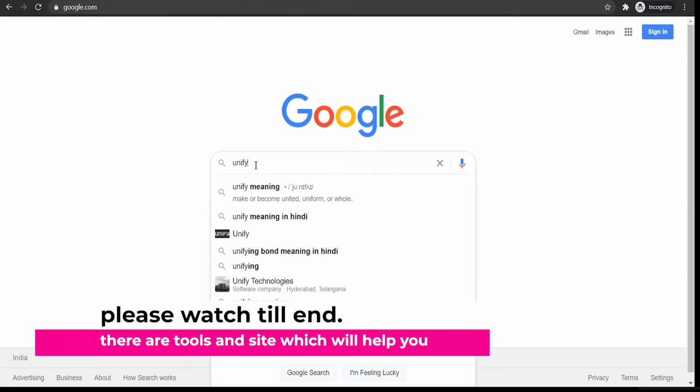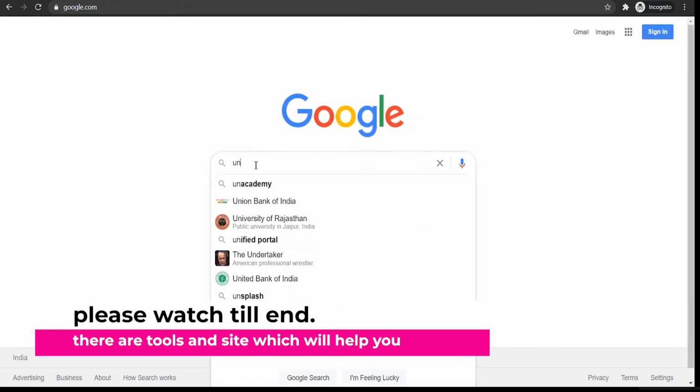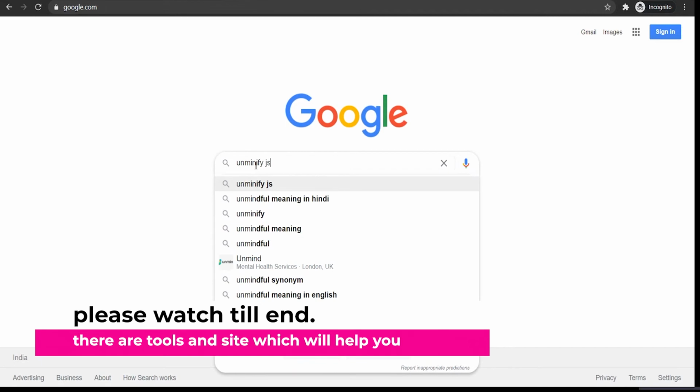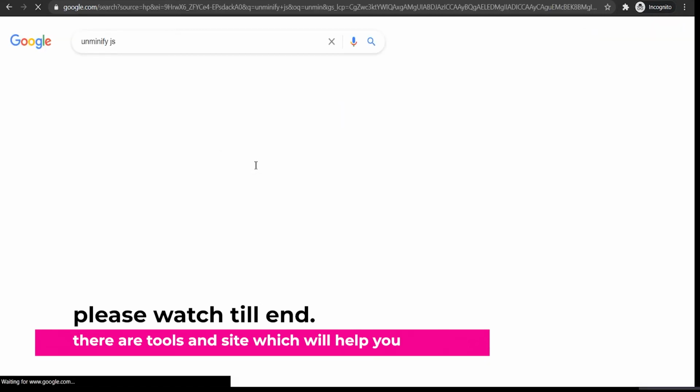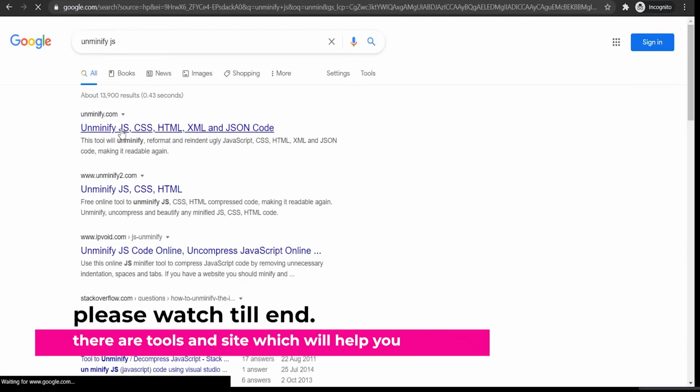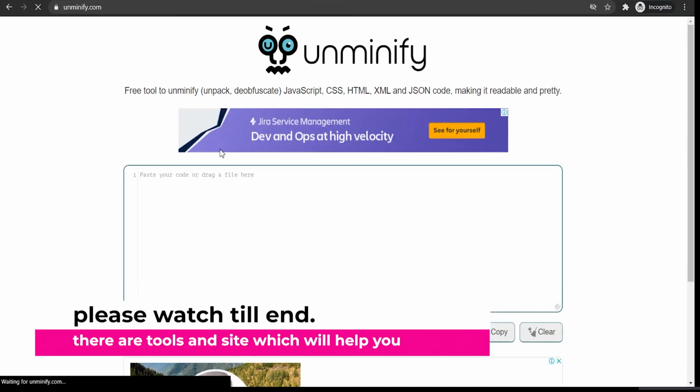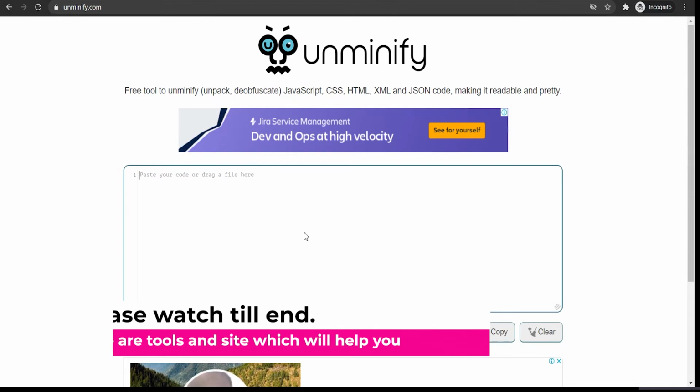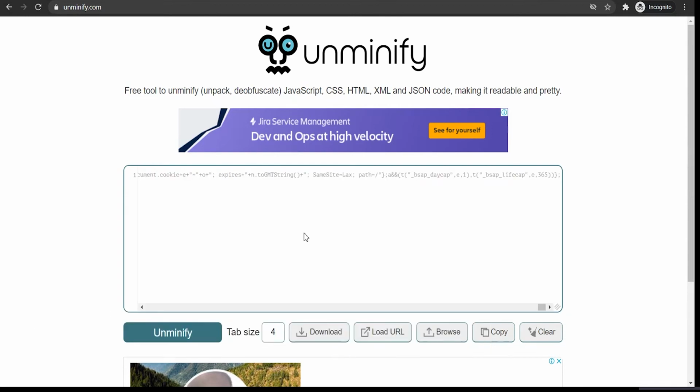A JS website called Unminify.js. This is the website that I found very helpful. This is one of the JS files I found somewhere on the internet, and we'll just have a look. See this, I have just pasted it here.